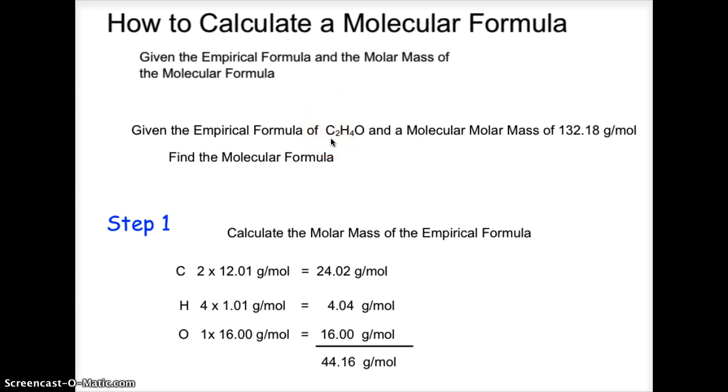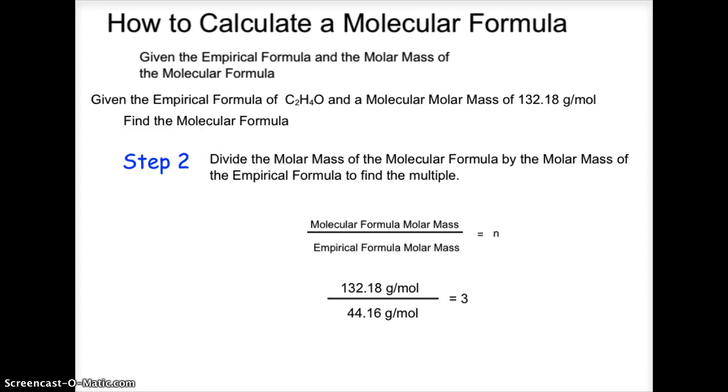notice that there's 2 carbons, so you're going to multiply 2 times the molar mass of carbon, which is 12.01 grams per mole, found on your periodic table, and you come up with 24.02 grams per mole. You're going to then take 4 times the molar mass of hydrogen, and you come up with 4.04 grams. And then clearly you have 1 oxygen in your empirical formula, so that has a molar mass of 16 grams per mole. So there you go, you calculated your empirical formula molar mass by adding these three terms